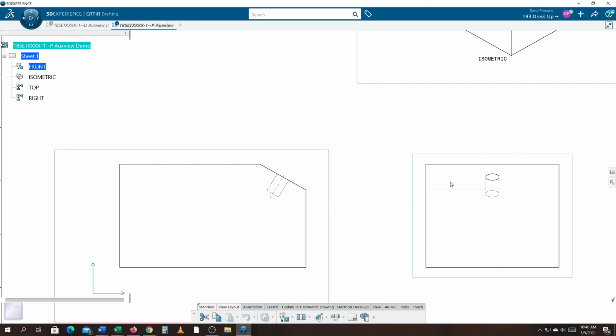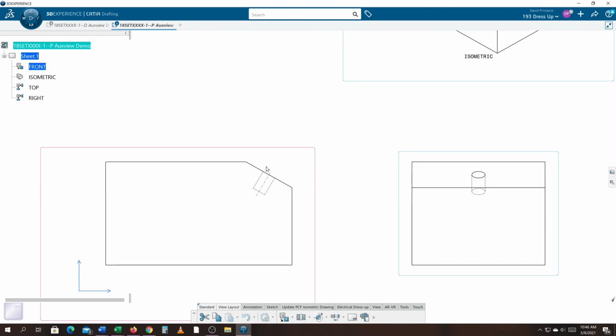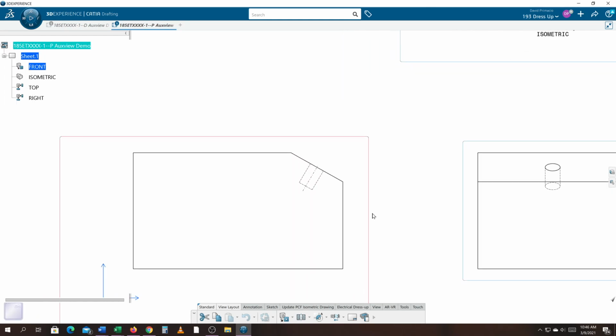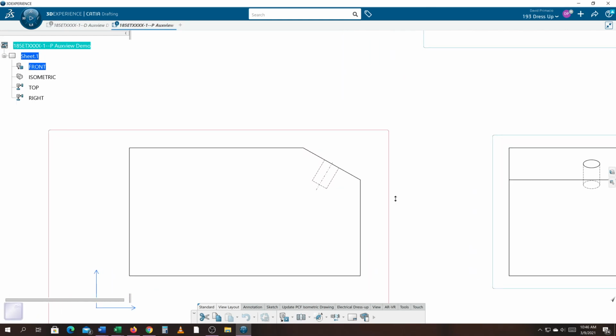So I need to get a view of the circle so I could dimension the circle. So what I need is a true view of this flat surface so I can have a straight on shot of that circle. So what I want to do is,